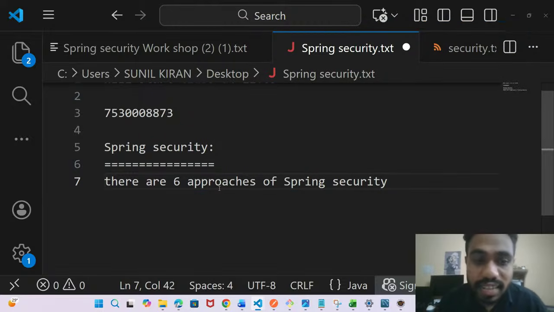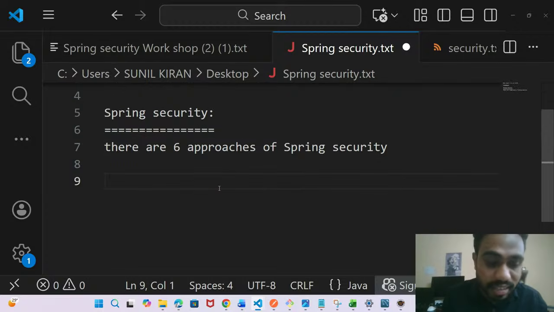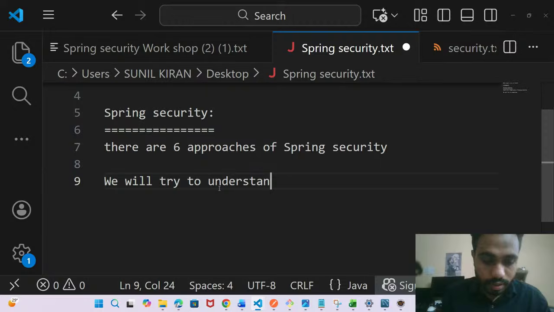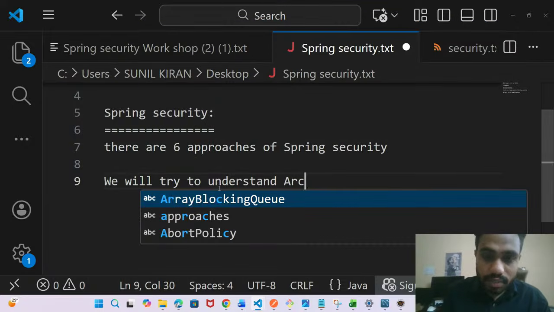Like default security, custom security, in-memory authentication, JWT, OAuth 2.0. Likewise, there are 6 ways, guys. But before going to the 6 approaches, as I said, we will first try to understand the architecture of Spring Security.